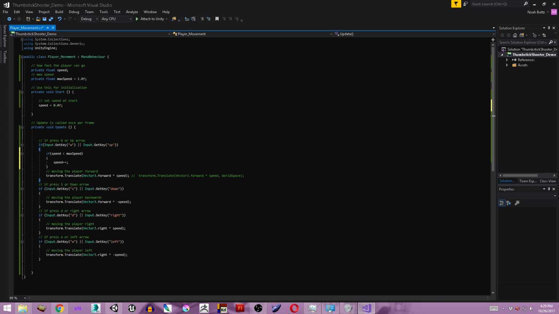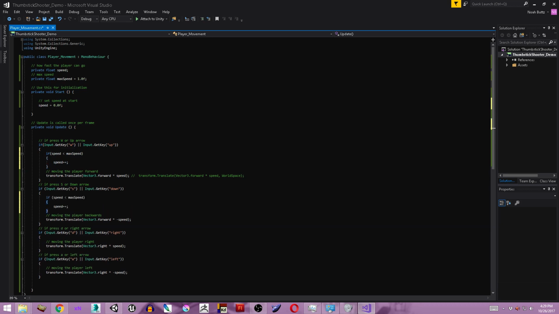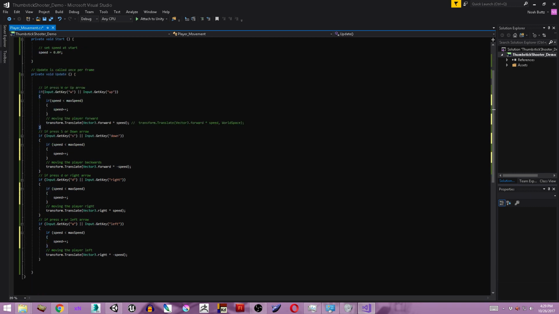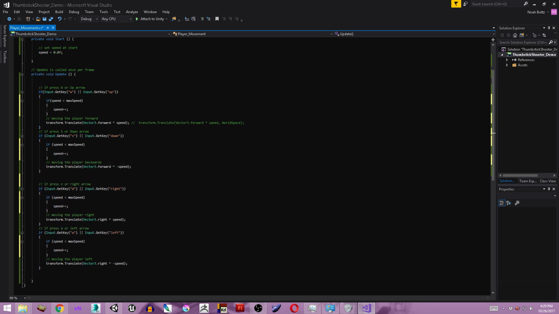So first, after I add this to each of the conditions, I'm going to put an else in front of each of them. So if we press forward, or if we're not pressing forward, if we're pressing down, and if we're not pressing down, if we're pressing right. Actually, before I do this, I'm going to separate these two because you want to be able to press forward and right or left and down at the same time. So I'll do if, else,